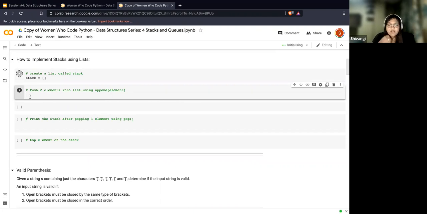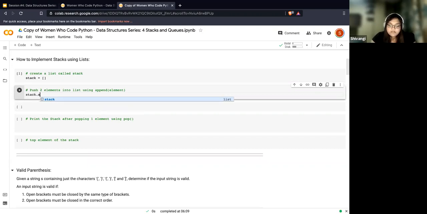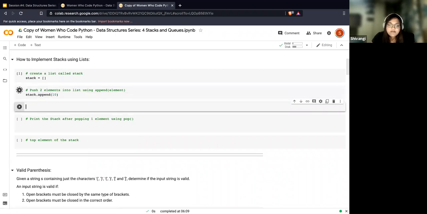Now, the next task is to append items or elements into the list, or in this case, the stack. You just have to do stack.append and type whatever you want to append to the stack.